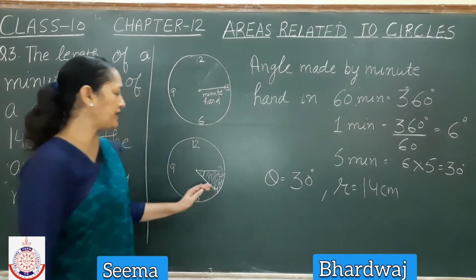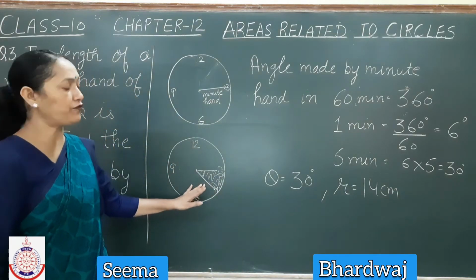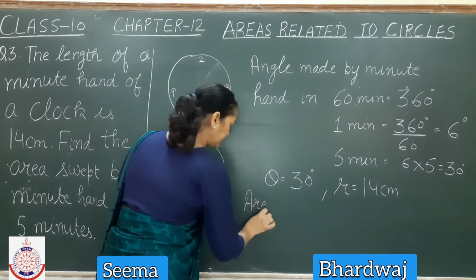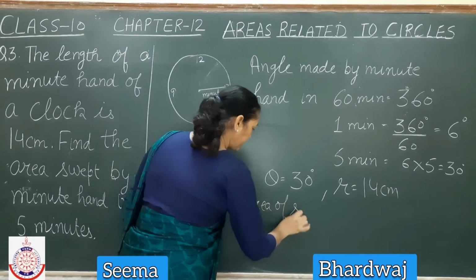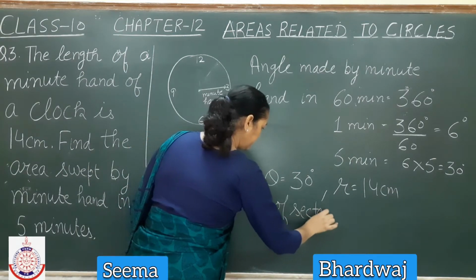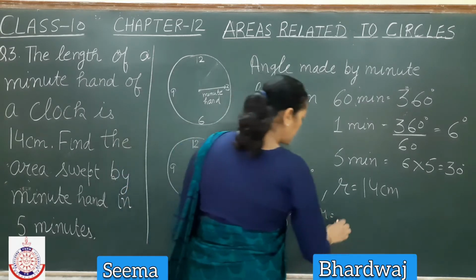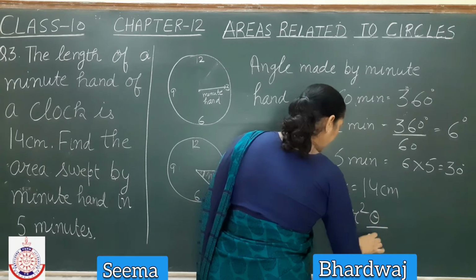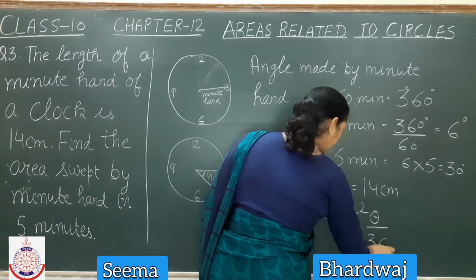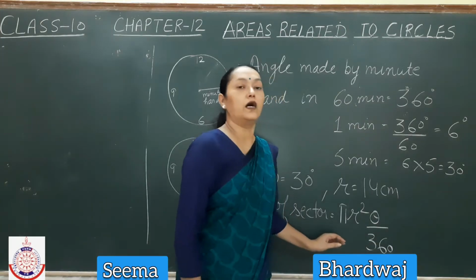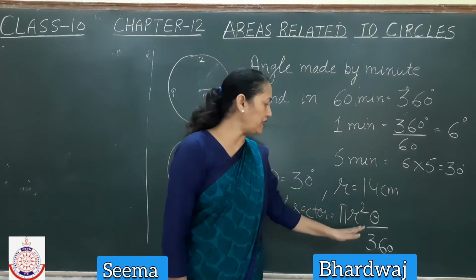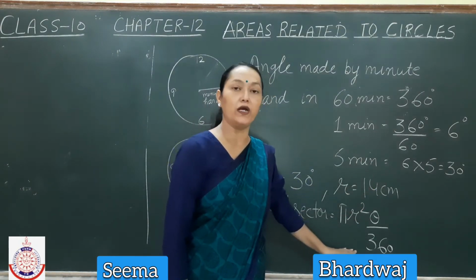And from the figure we have concluded that we have to find the area of a sector. So area of sector is pi r square theta upon 360 degree. After putting the value of radius 14 centimeter and theta as 30 degree in this formula, we'll get